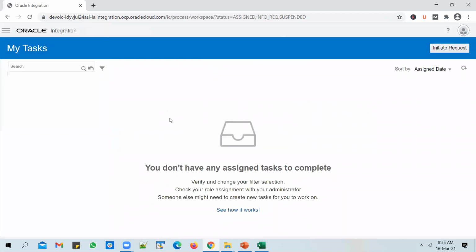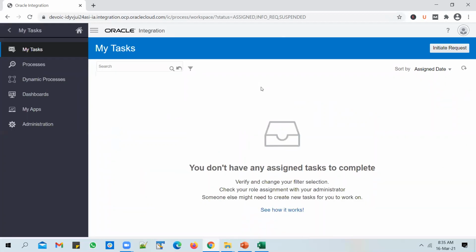You have built an approval process in PCS, and there are some requests which are pending your approval. Such tasks which are assigned to you and pending on your name will show up here. So you can directly log into the OIC instance, go into My Tasks, and you will see a bunch of pending approval requests here. You can go through them and either approve or reject those tasks.